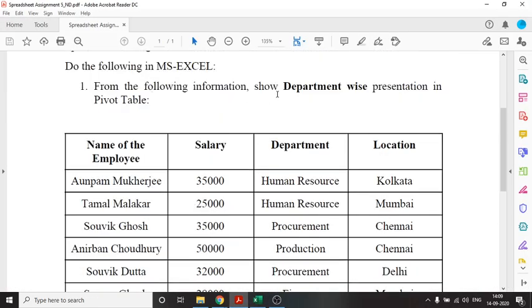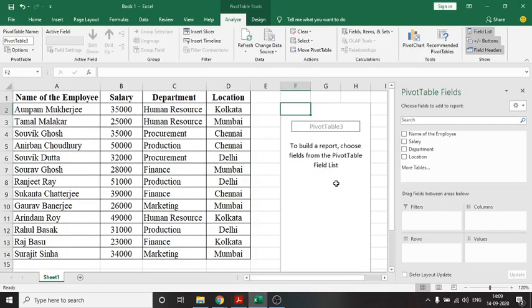So as per our question, what did I say? Let's see again. Show department wise presentation. Now department wise, in different ways we can present. For example, let us show the departments along with their total salaries. From each department, the salaries dispersed. So for that, what I will do, you see, drag fields between areas below.